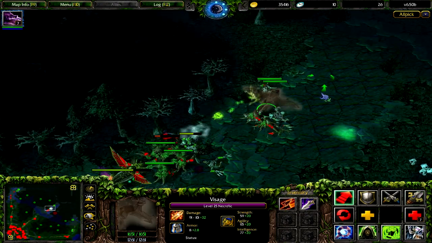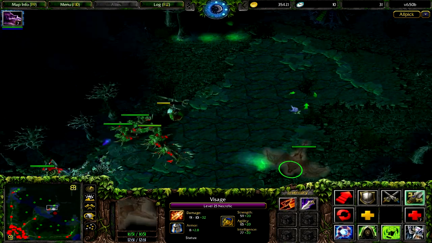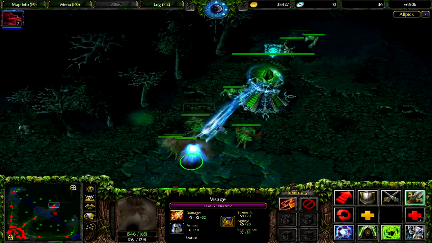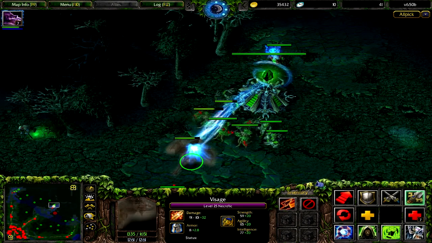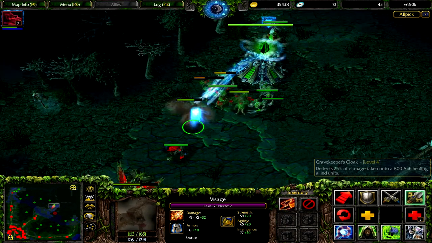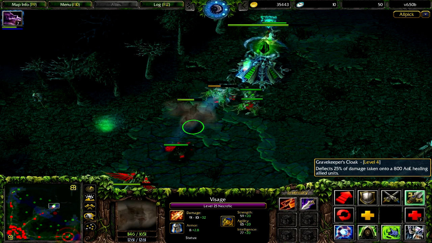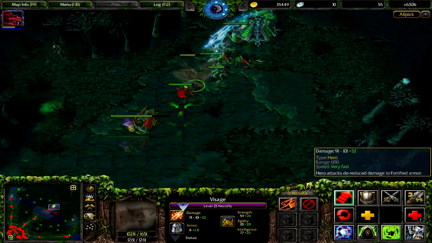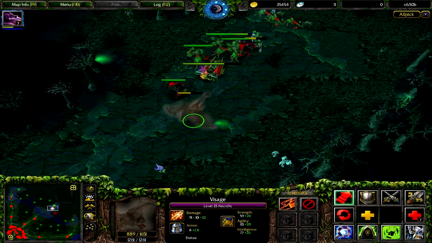Okay. So right now I need these creeps to actually come with me. Watch this creep. Okay, watch this one. This guy. He's passively... this and this guy, okay? Tower's attacking me. And these guys are healing, all of them, from the damage. So what it does, deflects 20% of damage taken onto the 800 AoE as a healing of your allied units. Okay? So you can see, 800 AoE is...